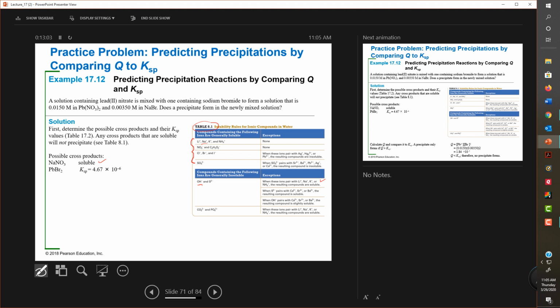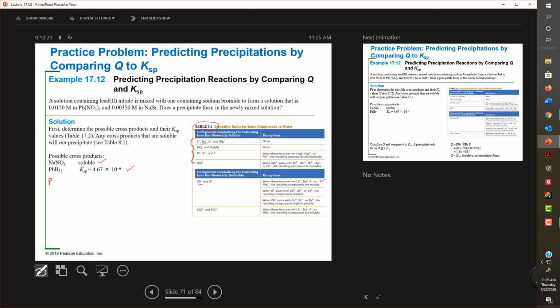All right, the solubility product of lead II bromide is 4.67 times 10 to the negative 6. Nope, I don't expect you to memorize that. That's given in a table or given in the problem. All right, what I do expect you to be able to do is, based on the equation that we wrote,